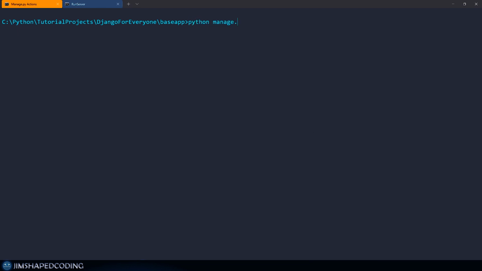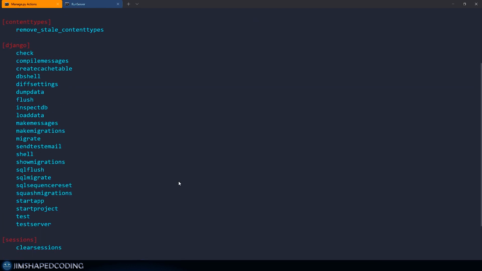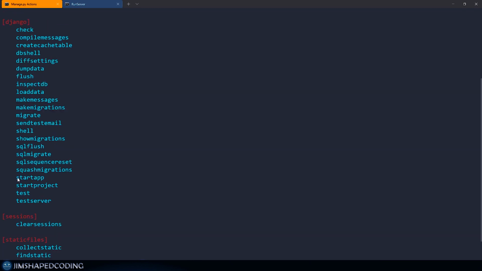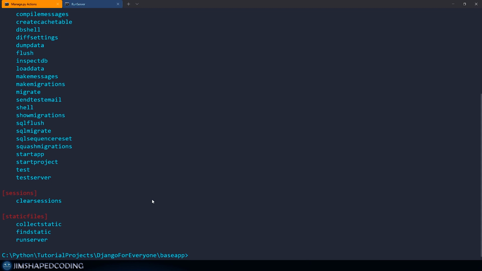Let me show you something very interesting here about the manage.py command. If we use manage.py --help to show the options, you can see that we have a list of options that we can execute, and some of them are quite familiar to us, probably migrate or makemigrations, as well as startapp or startproject. Now Django Extensions just adds more options to this python manage.py command, so it will be easier for us to manage our application in the middle of development,